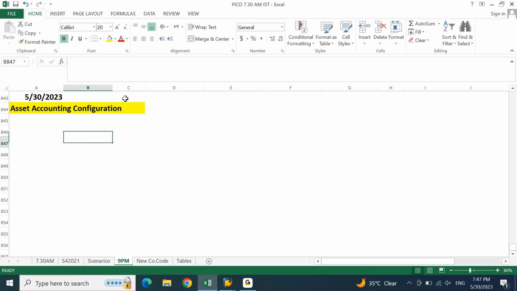Now, it is not so easy that you will just create or configure asset accounting. When you're configuring asset accounting, make sure certain prerequisites are met and certain conditions are satisfied, to ensure the asset accounting you are creating is exactly the same as the asset accounting used in any global or multinational company. You're not supposed to find any difference or mismatch between your asset accounting configuration calculation and any real-time company's configuration calculation. It has to be exactly the same.